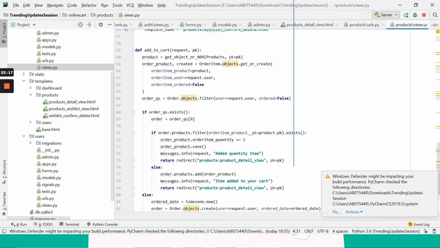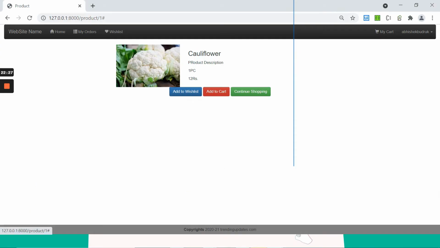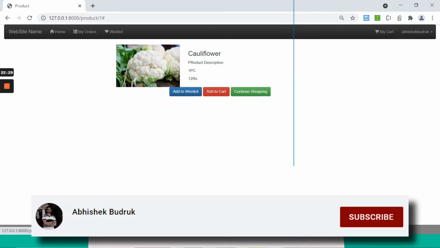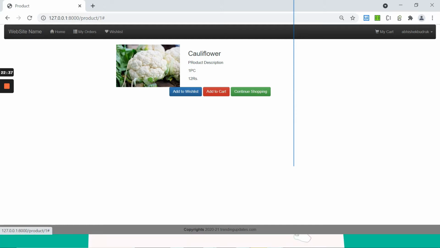Okay, so let me go ahead and explain the code first, and then I'll demo this part. First of all, whenever you pass in the order from here, add to cart, you see in the left corner, wherever you can see the cursor, whenever I hover over here, you can see there is this local site and then product/1.